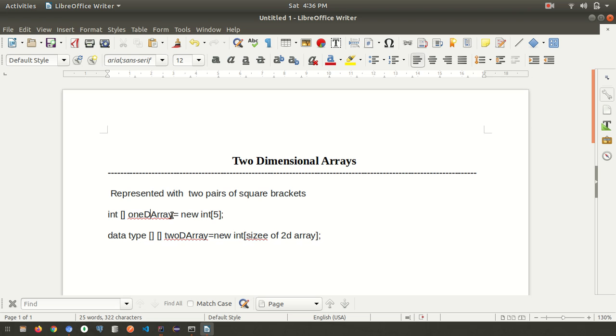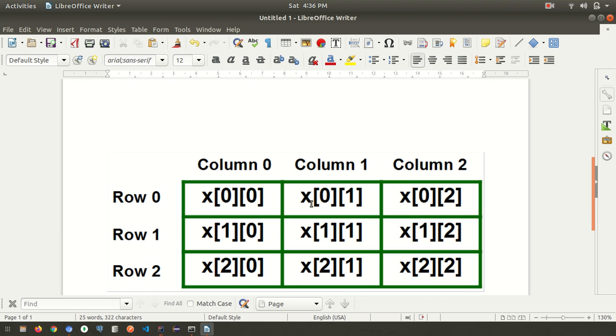Here we have two dimensions, so one will be rows and one will be columns. We can understand this using a matrix. If you have studied matrices, there is a number of rows and a number of columns.